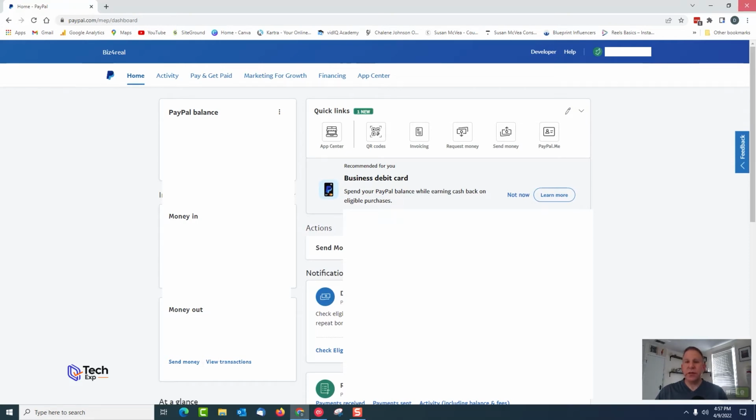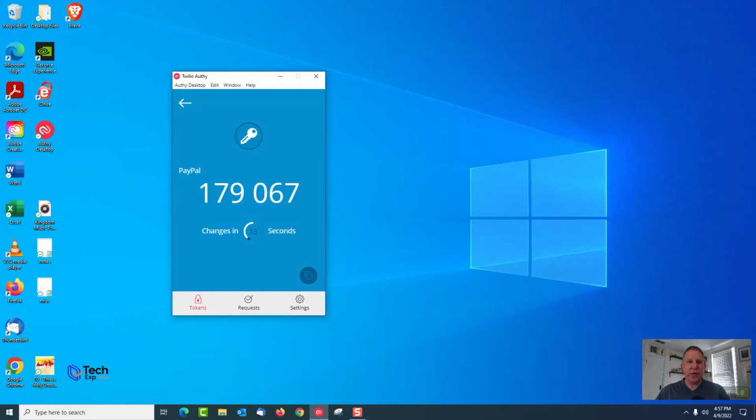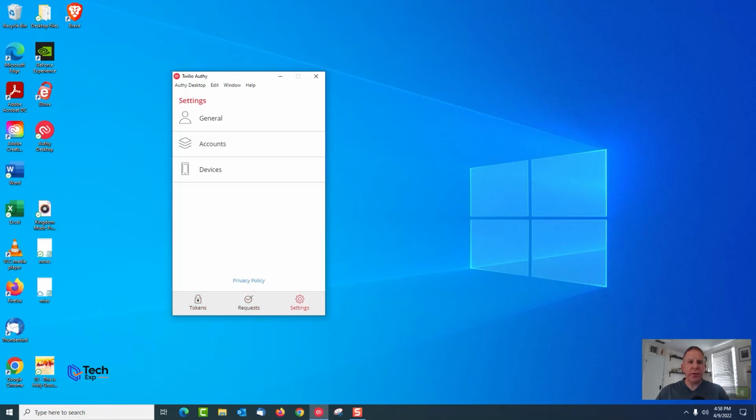I'm going to go ahead and close this out. The codes change every 30 seconds, and they're only valid for that 30-second period and one use. Now the other buttons at the bottom, the third one over here is the settings, and click on this because there's